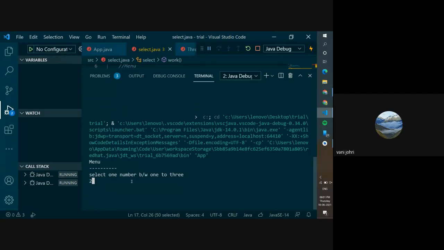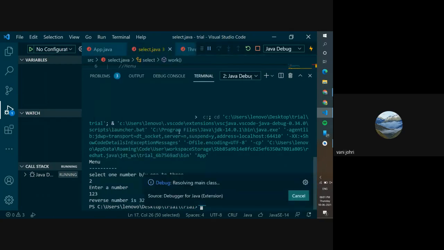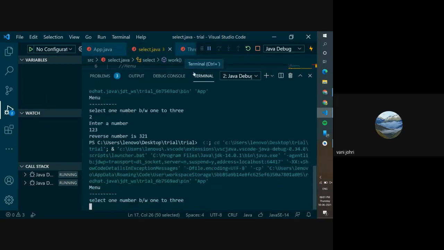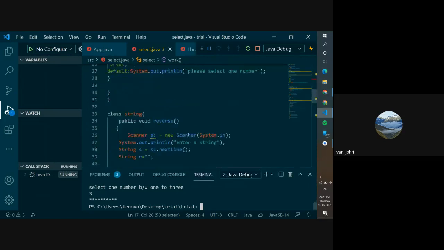So we already checked 1. Let's check 2. It said enter number. Let's give 1, 2, 3. And we got 3 2 1. So it's reversing. And then let's run it again and check for the pattern. So you said 3. Did not get the pattern. Let's see why. It's all coming in one line.